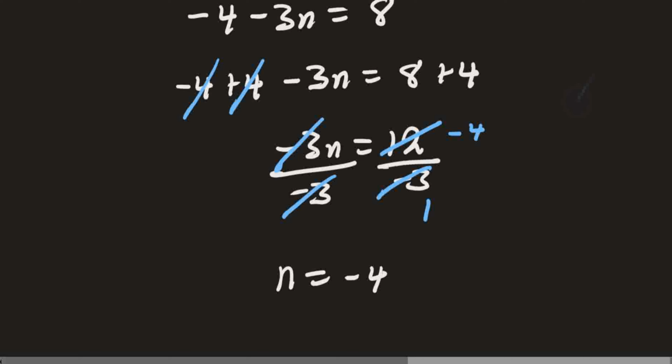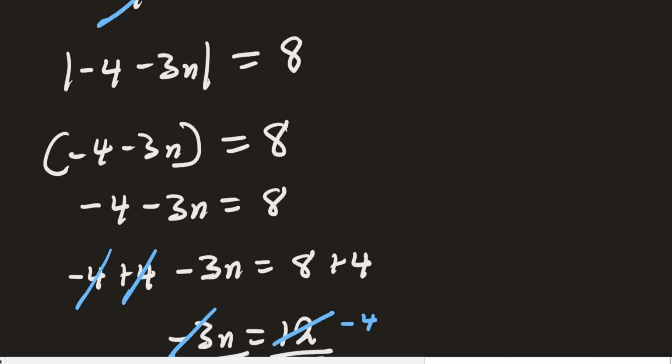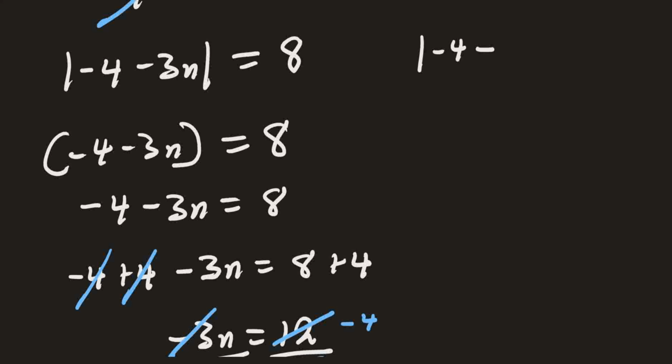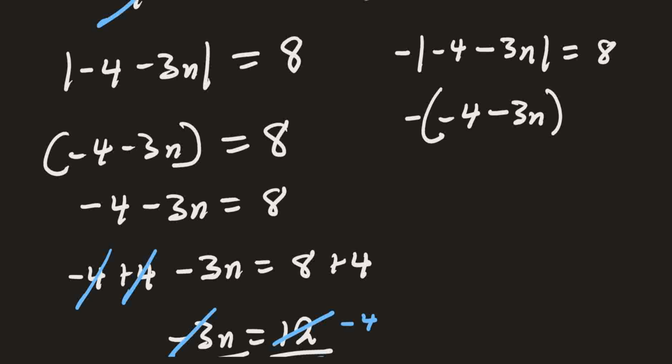on one hand. On the other hand, we can now write the absolute value of negative 4 minus 3n is equal to 8. Place a negative sign here if we assume that the content of the absolute value is negative, so we place a negative sign outside. So change the absolute value symbol to parentheses. So we have negative of negative 4 minus 3n is equal to 8. Now you can divide both sides by negative 1,